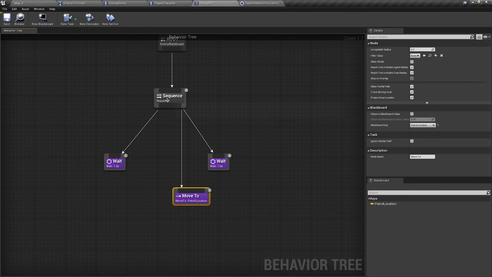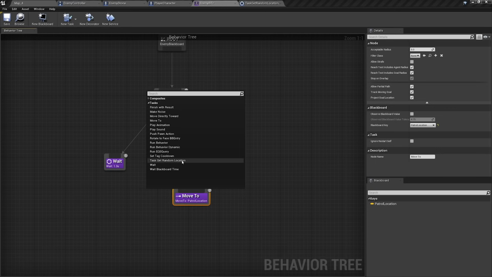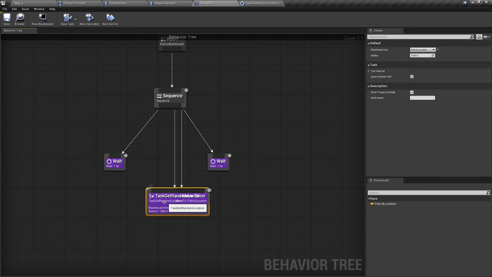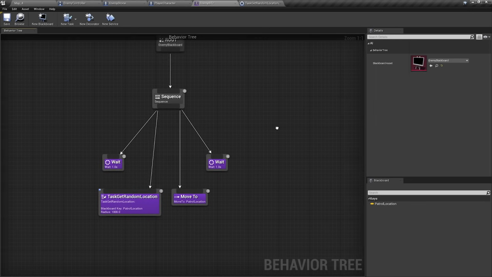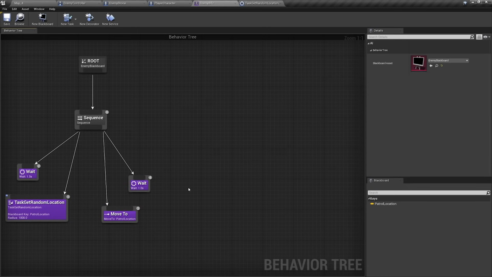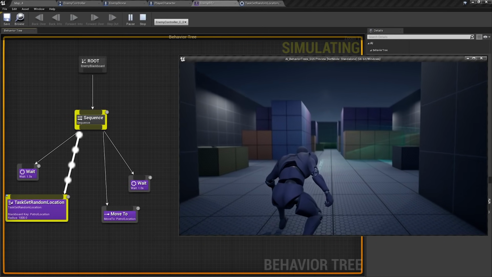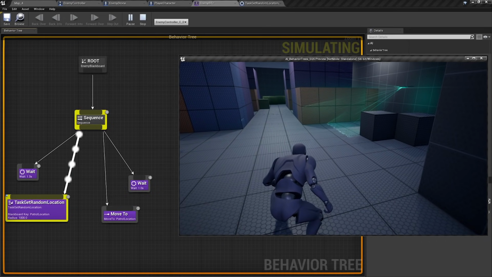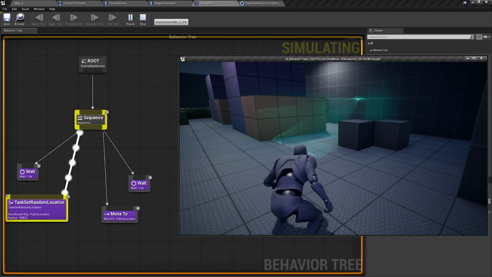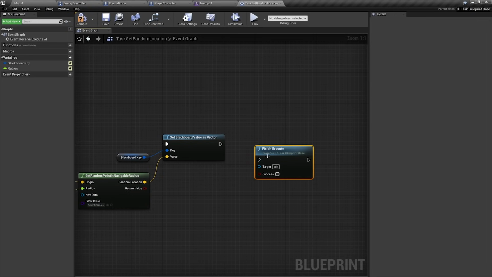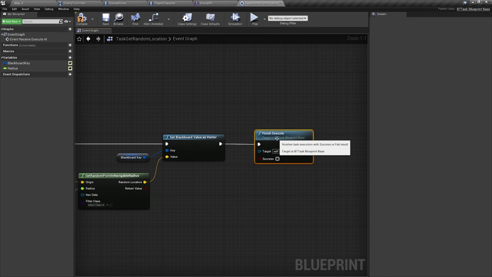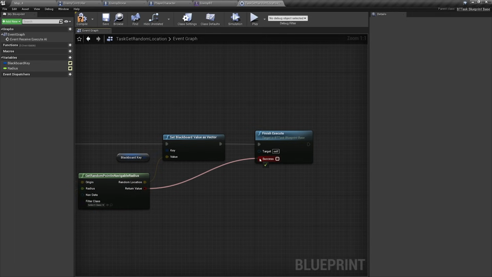After we compile and save, we can see that our new task, GetRandomLocation, is already on the list, and that we can also customize those variables. We're going to set our blackboard key as the patrol location. But if we play the game, you see that task GetRandomLocation is actually never finishing the execution. And the reason for that is that every behavior tree task has to finish with a failure or success condition, so the behavior tree can control the flow of the execution of the other tasks in that branch.